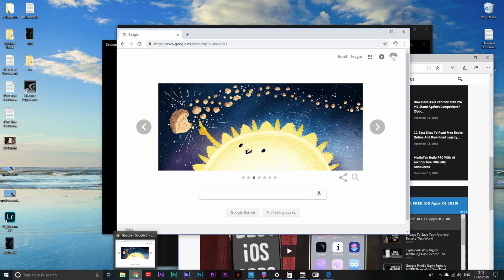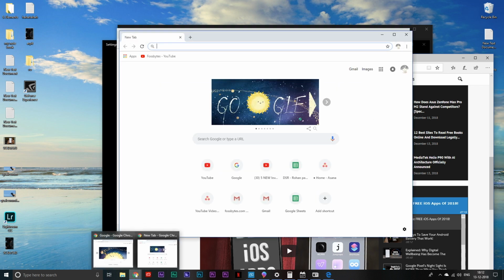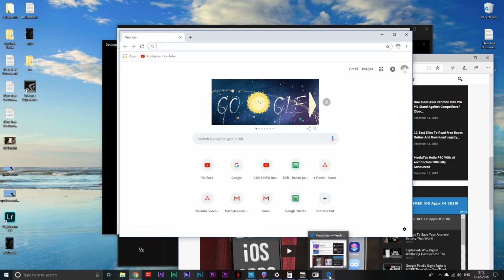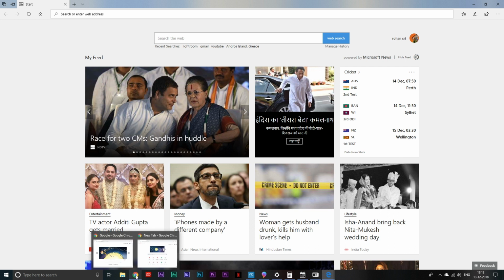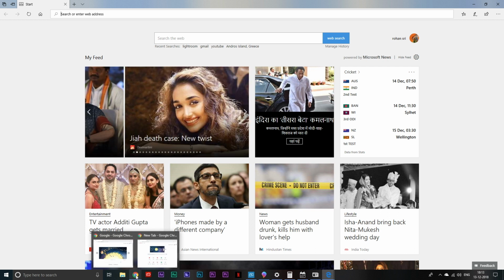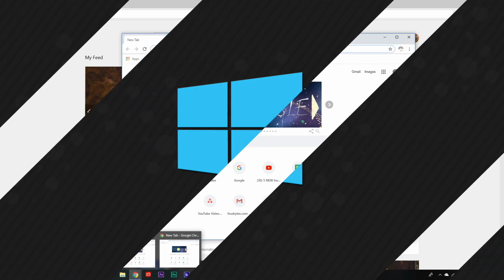Another multitasking feature here is that you can click on the apps in the taskbar with your scroll wheel and this will open a new instance of that app provided the app supports it. For example, you can open a new browser window or an Office document simply by clicking with the scroll wheel.